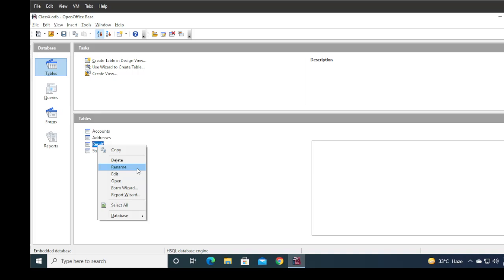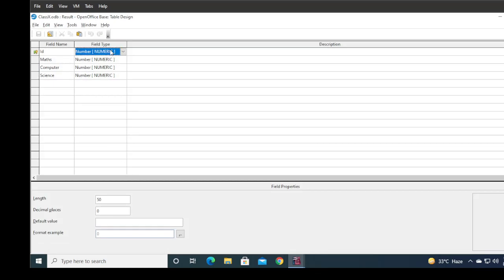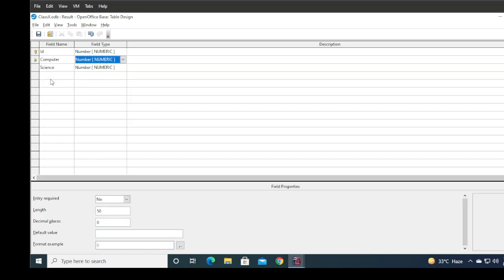So now we set here, we have already learned how to add the new name of the field, but if you want to change the data type of a particular field, then what we do here, right click on it and then click on the edit, and from here you can choose, for example here I want the number in text, then I will choose the text and then click on the save and then click on the close. But if you want to delete any particular record, particular column, then what you do here, just right click on it, just right click here and press the delete key.